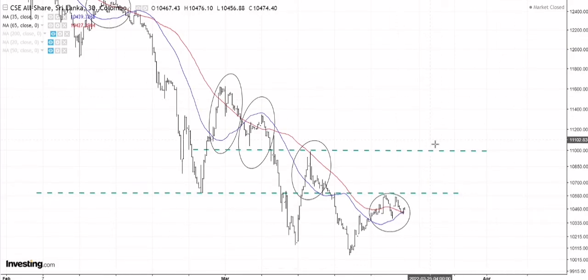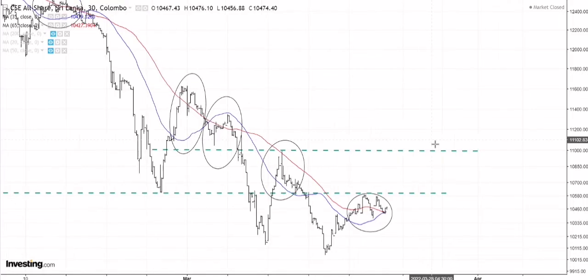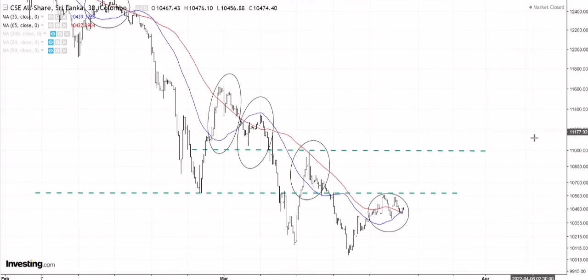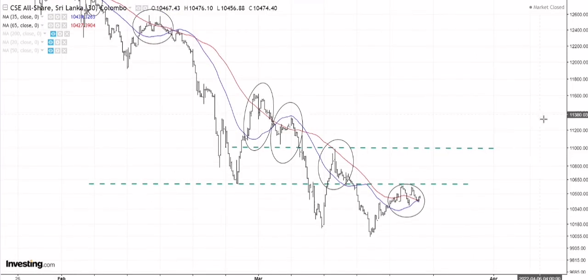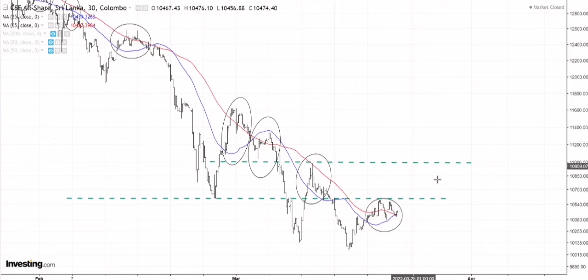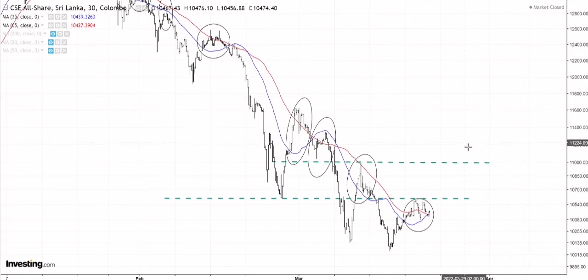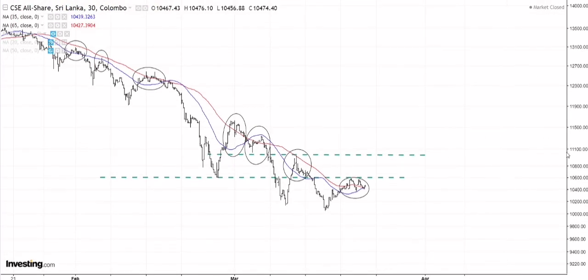So I think we have pretty much gone through the main important things. As of now, what I would like to see is the buyers reclaim 10,600 in the short term, and 11,000 over the next few weeks. And then hopefully for us to consolidate around this 10,600 to 11,000 level,